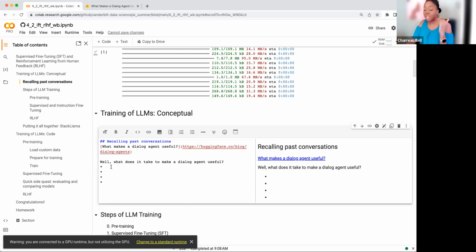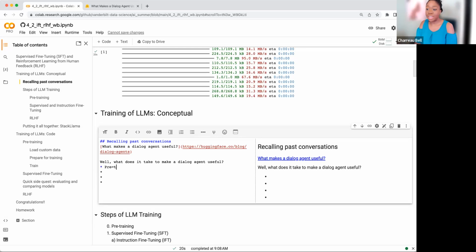So one, we learned that we need to pre-train the model, or we need to have some sort of pre-trained model. And we need to have data that would make that possible, right? Either we need to train it from scratch. I'm talking scratchy scratch. What does that mean? The weights are random. If you were to put an input into this model, what would it generate? A bunch of tokens that are just completely nonsensical because it has no idea the relations between any of these words. Our pre-trained model is going through and it's learning concept of grammar and syntax essentially. So we need this pre-trained model, or we need to train it, and we need the data to do so.